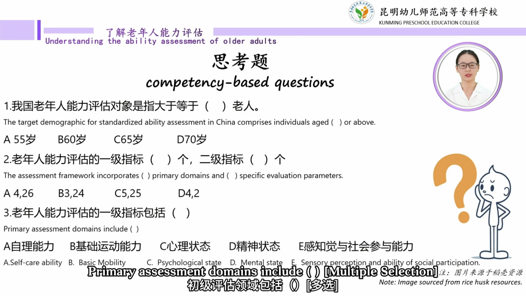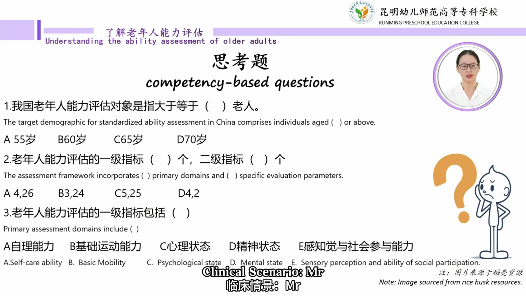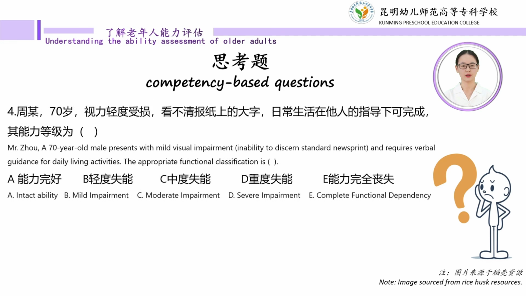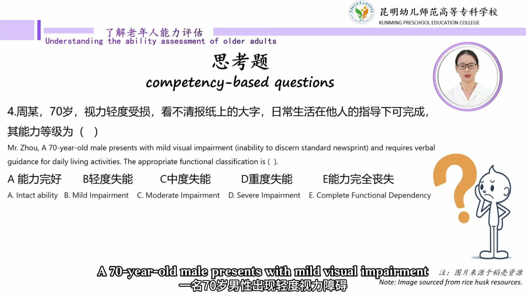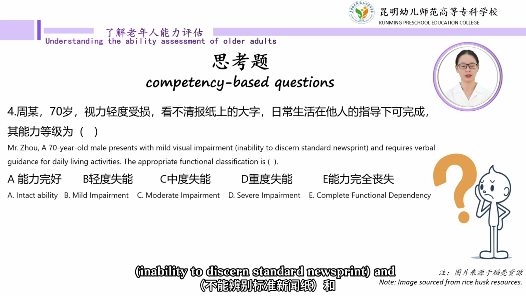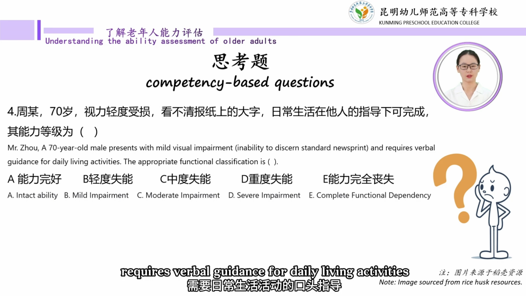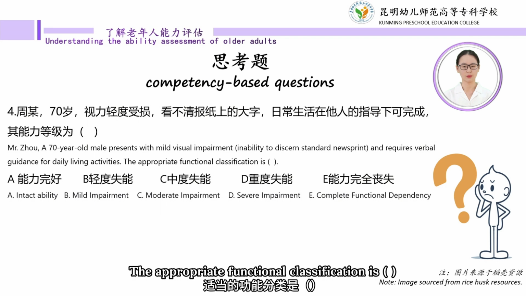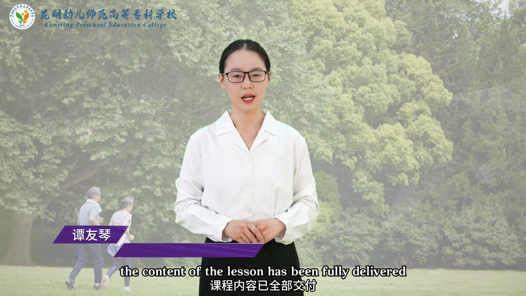Third, primary assessment domains include blank, multiple selection. Fourth, clinical scenario. Mr. Zhou, a 70-year-old male, presents with mild visual impairment, inability to discern standard newsprint, and requires verbal guidance for daily living activities. The appropriate functional classification is: